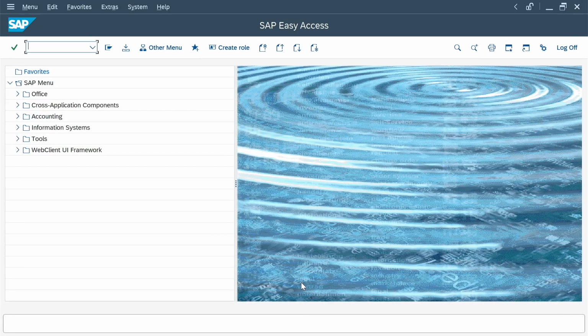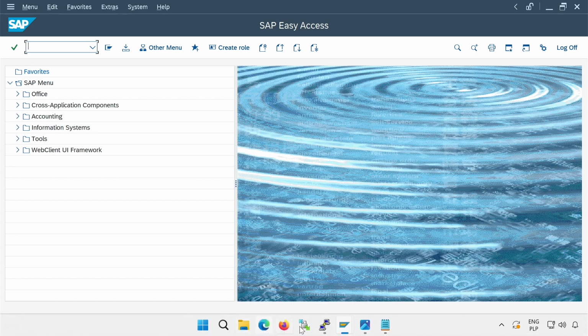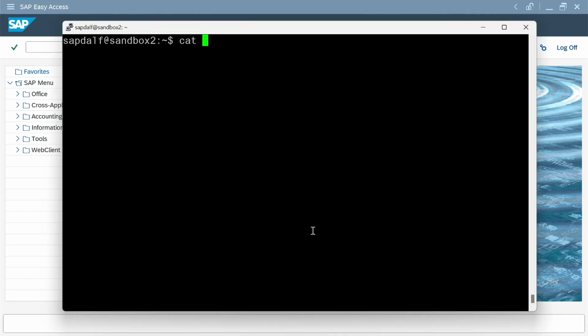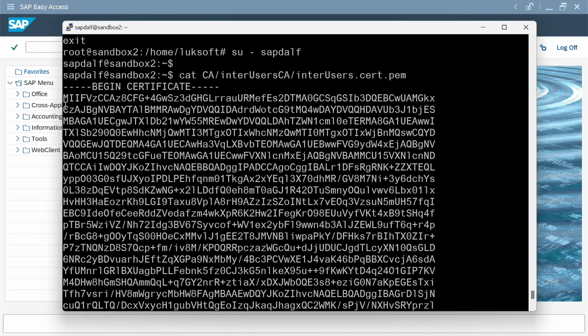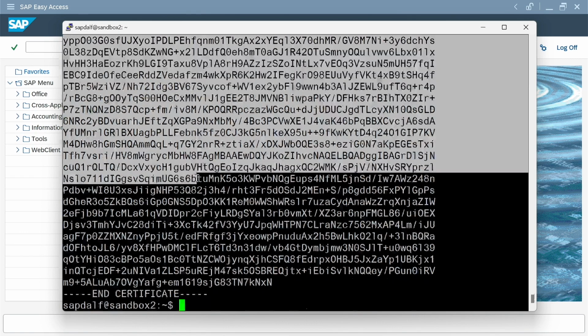I will now do something that in my case is not required, because my root CA is trusted by the system. However, if it were not, I would want the system to trust the certificates issued by my intermediate user's CA. So, I will add the certificate of this CA to trusted list. First, I need to save it to my local computer via copy-paste. I select the contents of the certificate file,